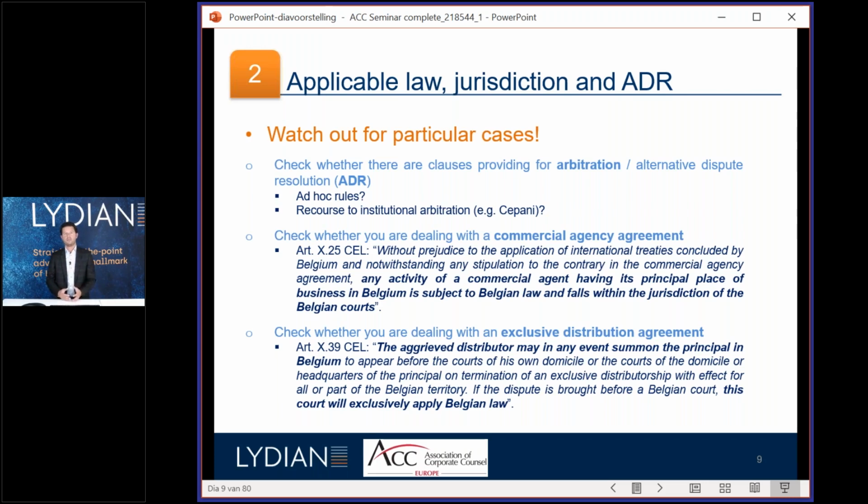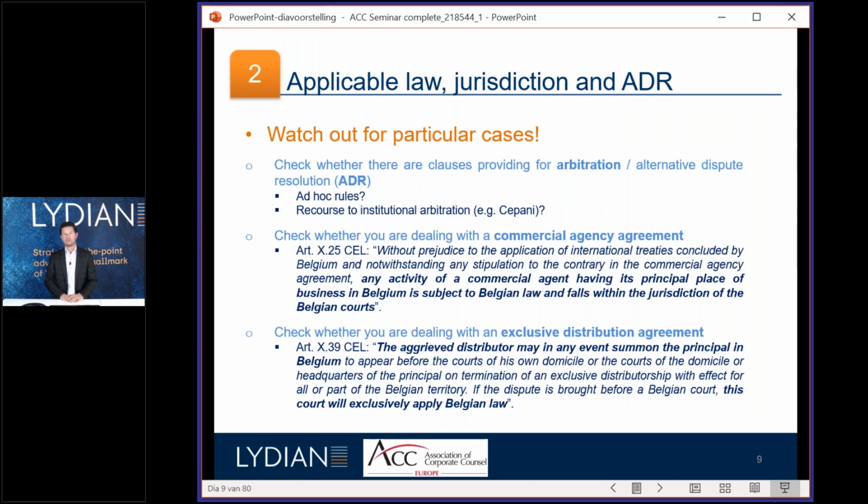But be aware, if you don't agree on specific rules, that it may become very difficult to agree on such rules. And while the advantage of arbitration is that you don't have any appeal and it should go more quickly than court proceedings, it may be very difficult to agree with the other party and also to convince the arbitrators to follow certain rules, and you may have to go to the court in order to rectify things.